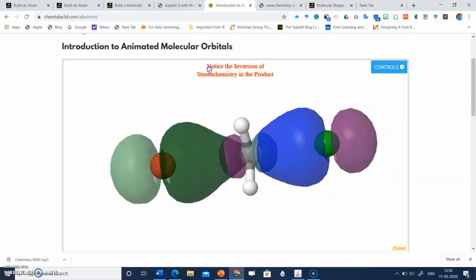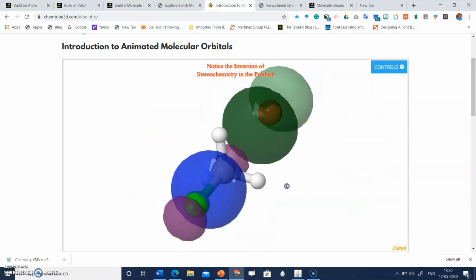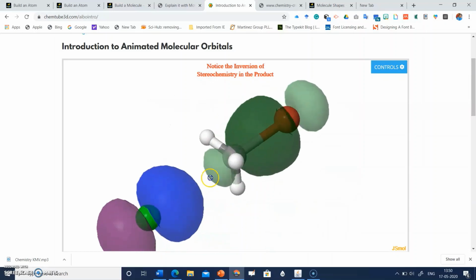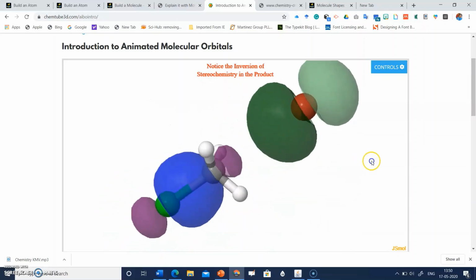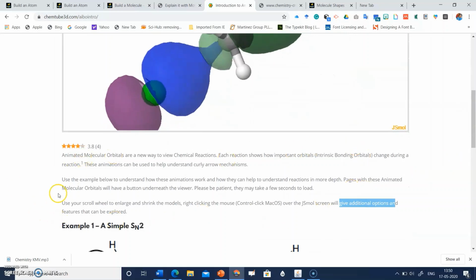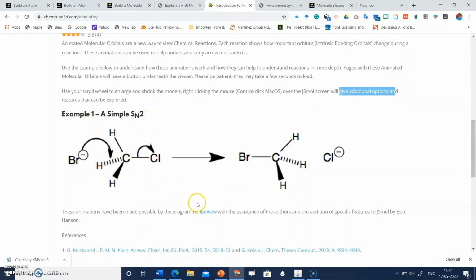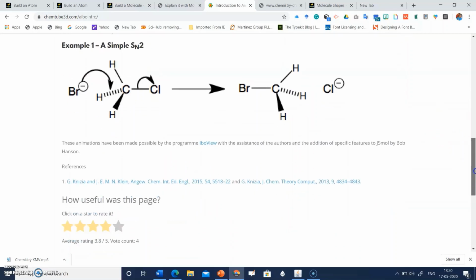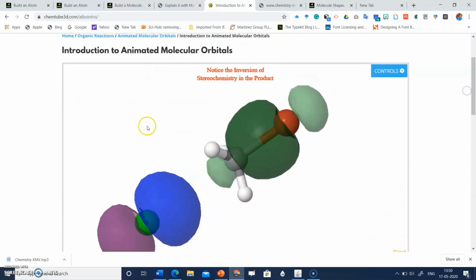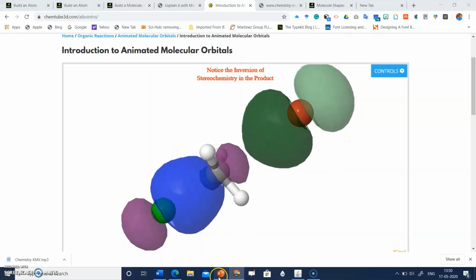Notice the inversion of stereochemistry in the product. Students can click and drag and see the molecular orbitals in animated form, and there is an explanation for this also. Examples are also given, a simple SN2 reaction.